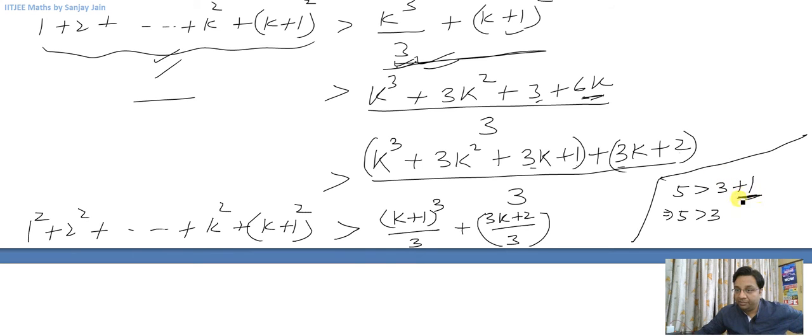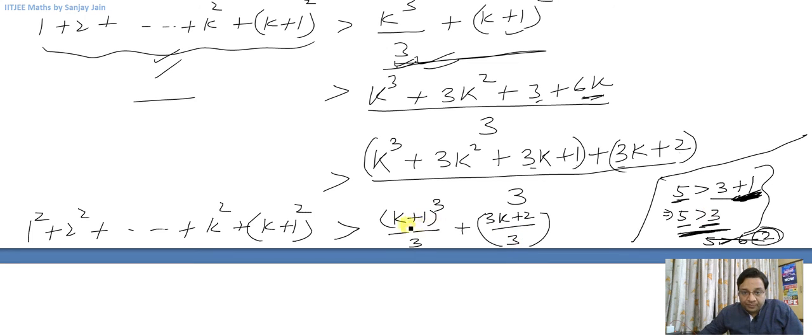But if it would have been something negative, I cannot do that, right? This is some basic common sense, that I can lose this positive portion. But if it was written like this, 5 is greater than 6 minus 2, then I cannot lose this negative portion and say 5 is greater than 6. Then it would have been an incorrect statement. But now 5 is greater than 3 plus 1, and 5 will be greater than 3.